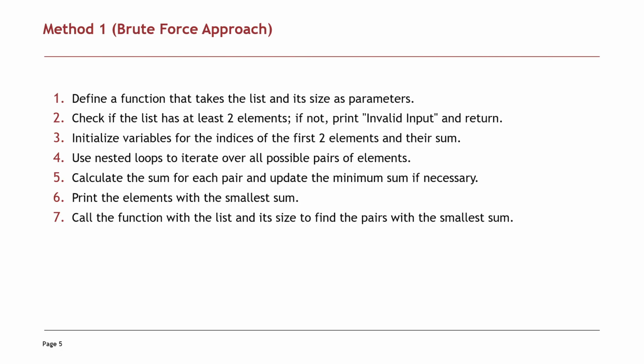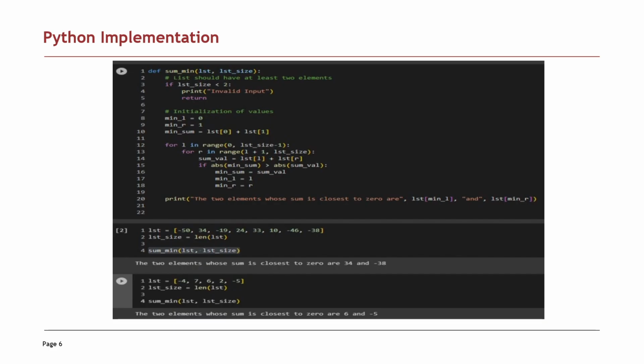Let us look into the Python implementation for the brute force method. So we have used the function sum minimum first, and first list size is designed to find two elements in a list whose sum is closest to 0. Here is how it works step by step. So first of all, we'll validate the input. So within the input validation stage,